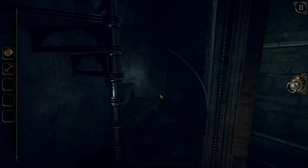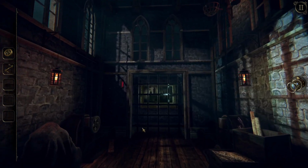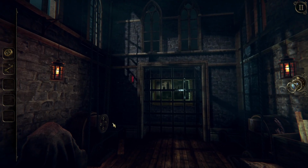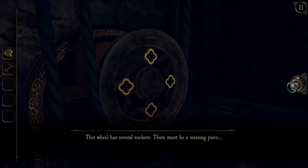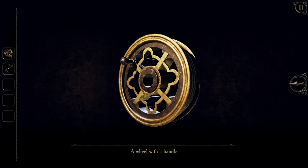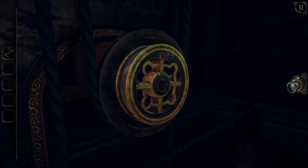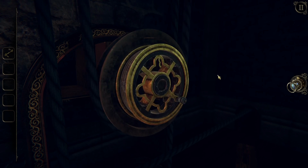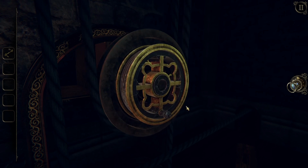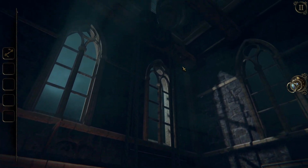Well, let's head up the staircase here. I really do love on this game how it's much more than just a simple puzzle box. It is so many things that you have to go through all at the same time. It's really quite interesting. Yeah. That goes there. Turning and stuff is a little bit hard, but...